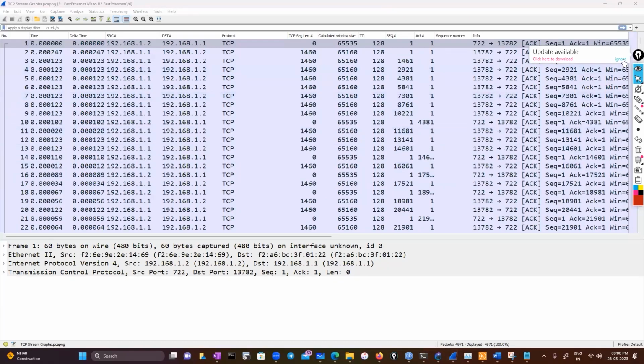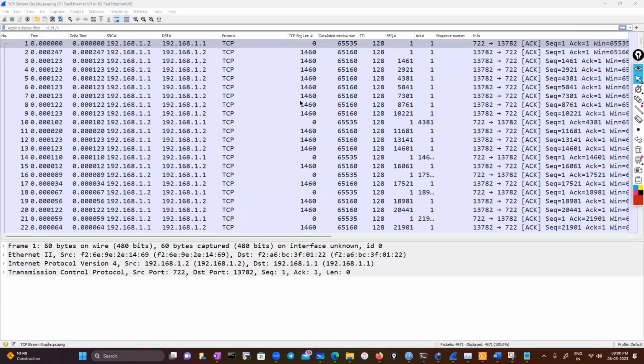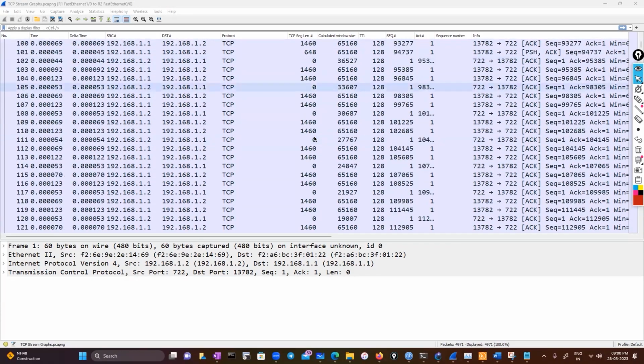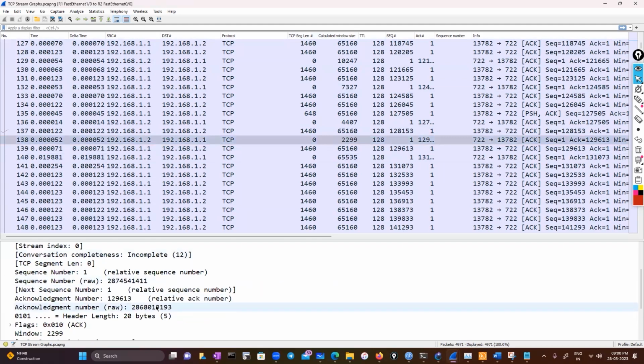So this is one of the window problems we got. We discussed calculated window size. If your window size is squeezing, there is some problem. Then the amount of traffic that's going to be received, the buffer is squeezing. So you'll definitely observe the slowness and throughput issue here. So if you look at this particular capture, and if I drill down, if you look at the window size, and if you go to scaling factor,